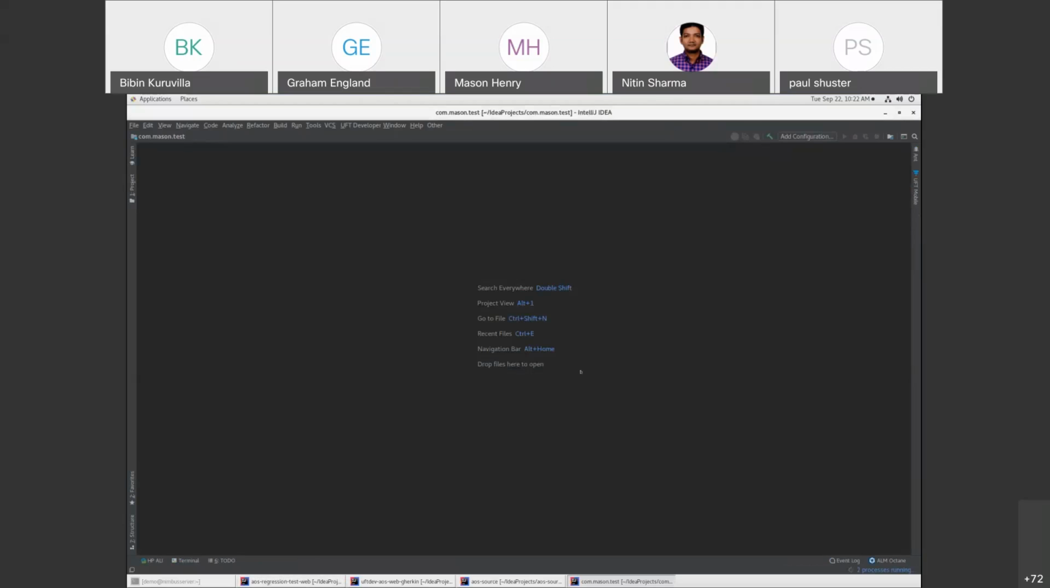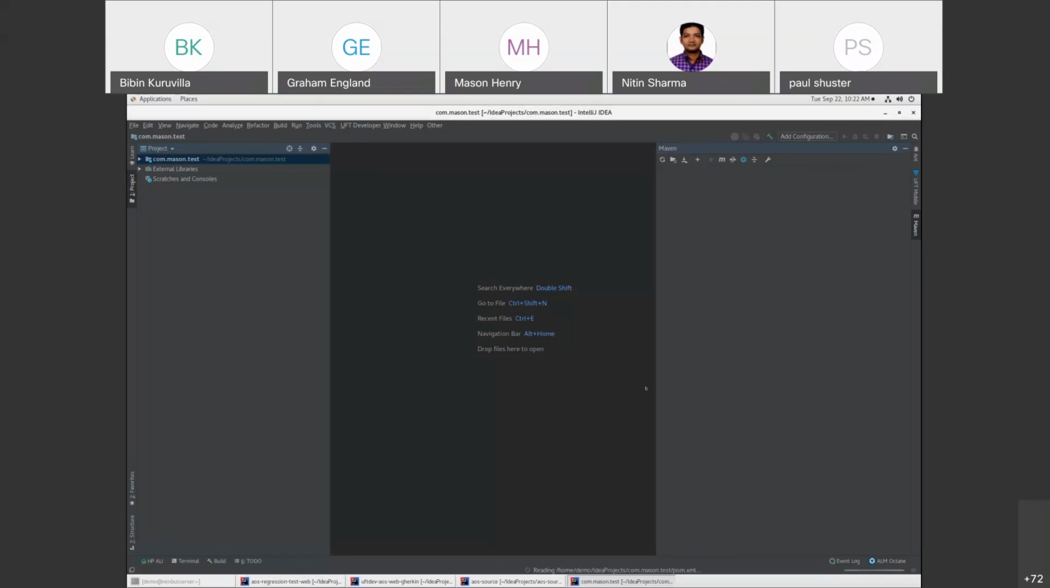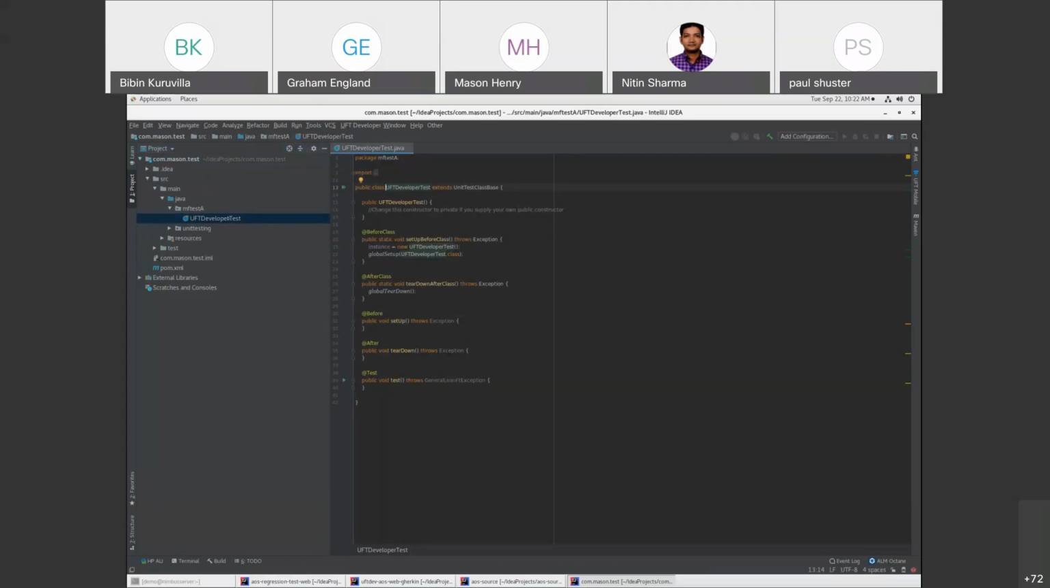All right, so we've just created a new test. And as I mentioned, I'm adding this as a Maven project and pulling in all my dependencies. As I create this, the project structure has been created for me based on that project template. So I can see that a number of things have been done. One, all of my JUnit dependencies and my UFT Developer dependencies have been added in my POM file automatically because of Maven. But we've also had the test structured in a way